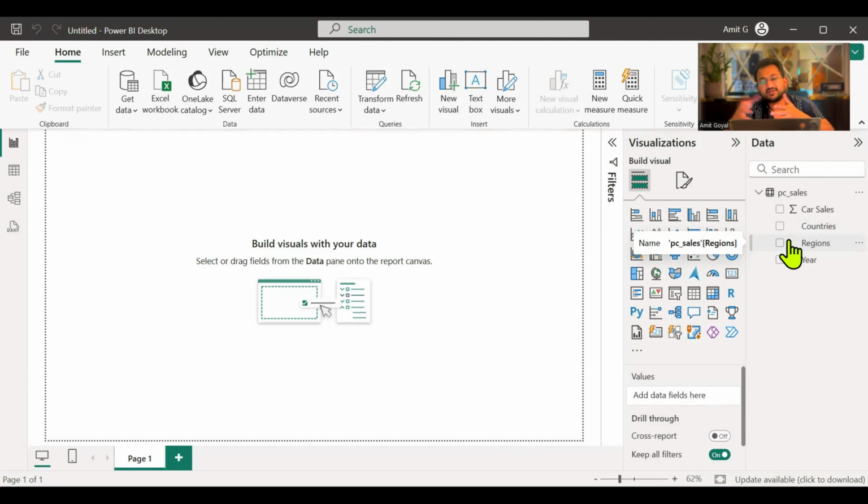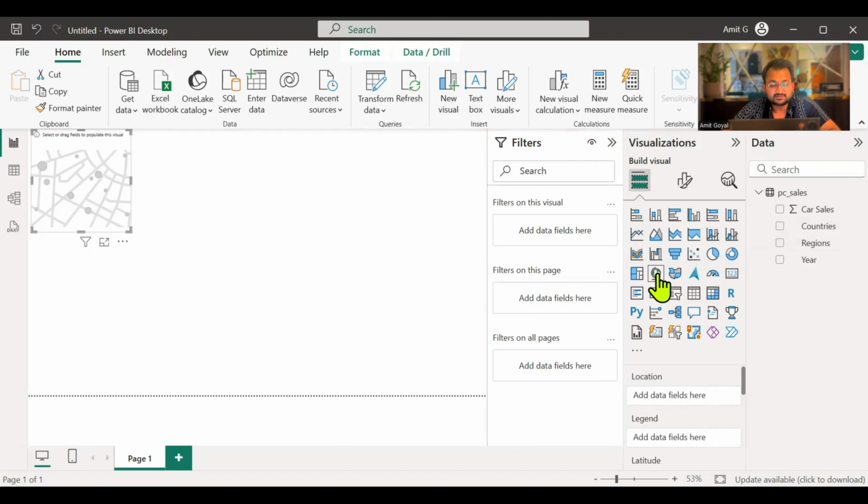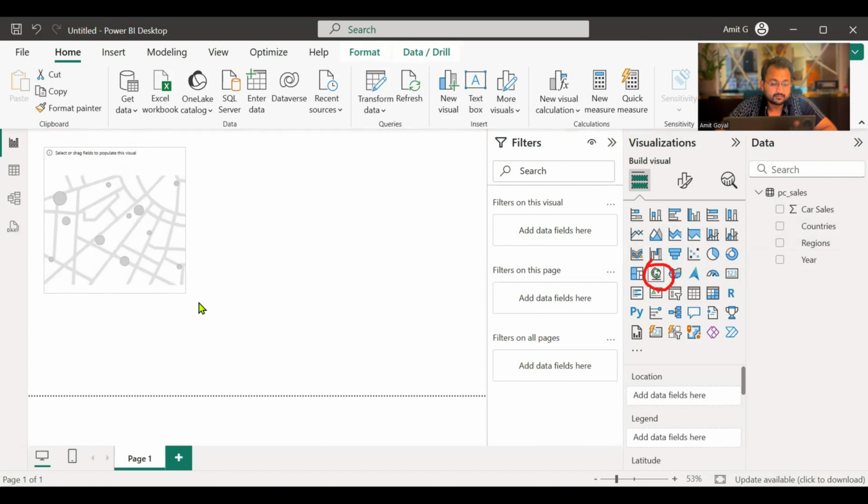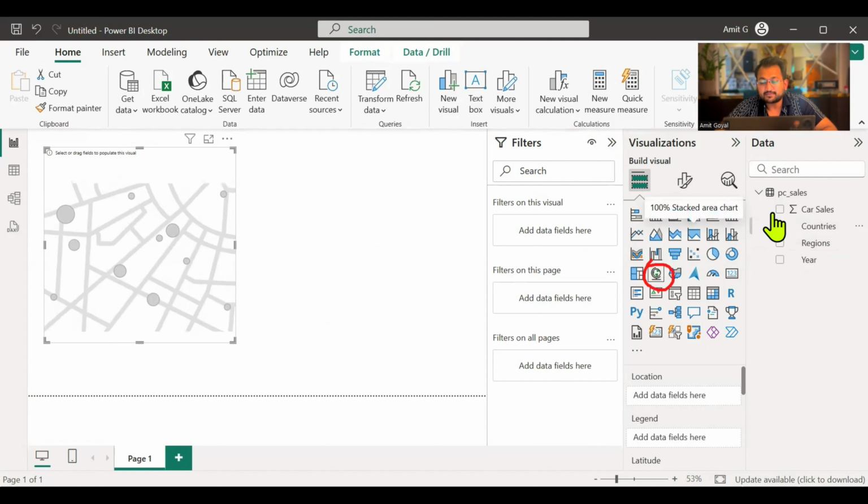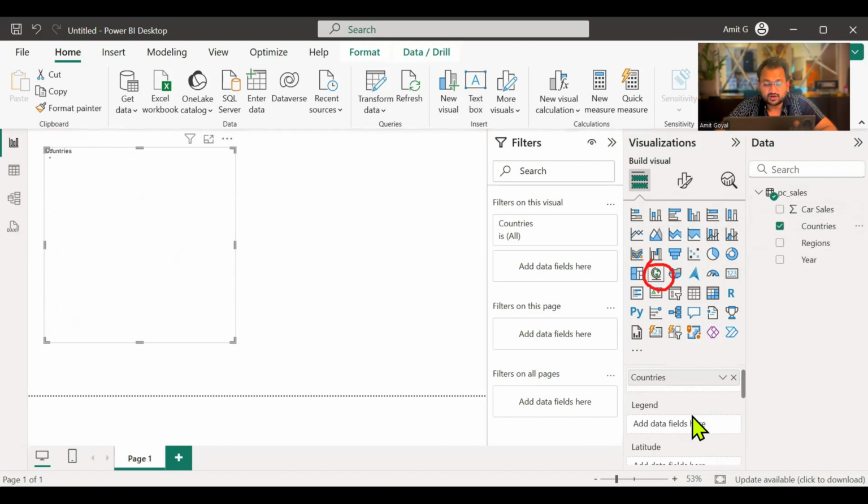So first of all, we will be creating a map over here, all of you. A map is a geographical analysis. So if you click on this map visual, I clicked on this one. This is the map that I'm going to use in this. So for creating this map, I can drag countries on the location. And if we scroll down, we will see an option of bubble size and we can drag car sales on